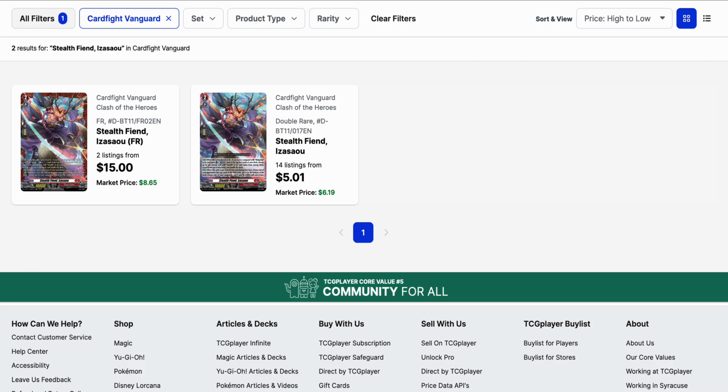On the same topic of Shoujo Doji especially being one of the bigger decks to come out of Set 3, I wanted to take a look at a few other support cards there. Like Stealth Fiend Izazo, which has been a big contender for Shiranui up until recently, where now you cannot play the Shoujo Doji ride line as part of Shiranui's ride line. But this card is still moving and can still see play when Shoujo Doji gets its newer support in Set 3. Right now, the double rare is currently at $5, and then the FR has been bought out to the